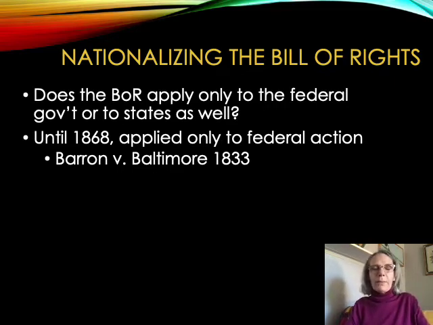the First Amendment says Congress shall make no law establishing a religion. And so that means that the national government cannot designate a church of the United States, right? It can't establish a religion. It can't say, Catholicism, that's the national religion. The Bill of Rights prohibits Congress from doing that.